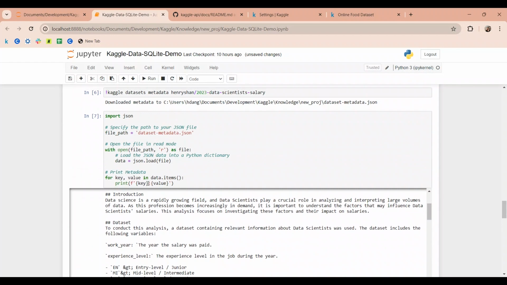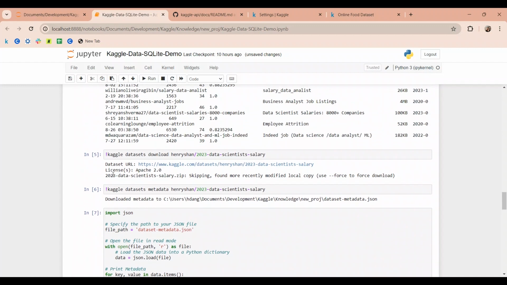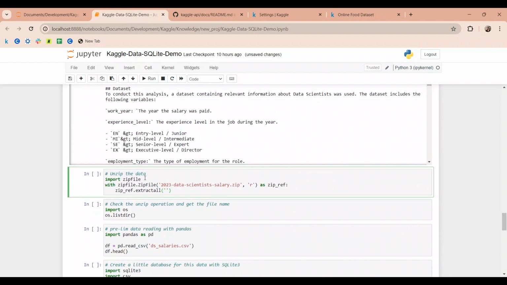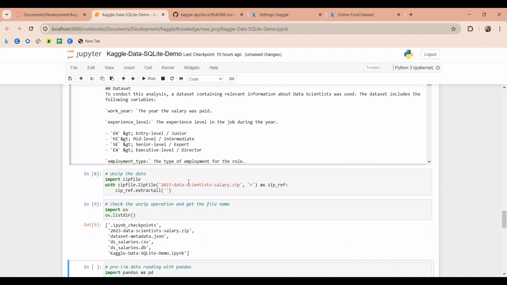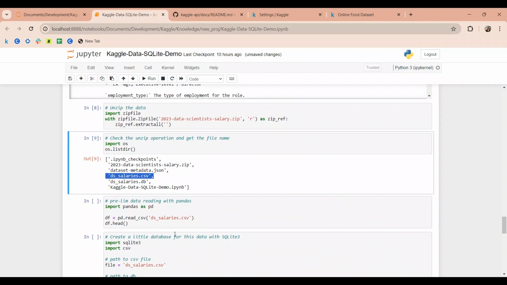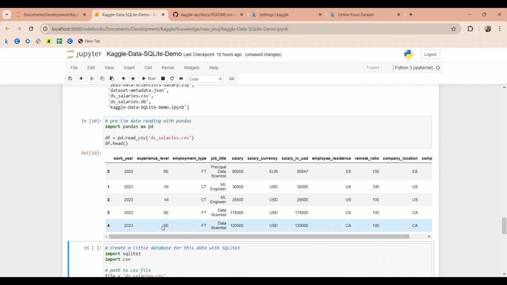Alright, so when I download my data set, it's going to be a zip folder, and so I need to unzip it. I'm going to use zipfile. If you don't have zipfile, do the bang pip install zipfile, and you're going to have it. What it does is extract every file in this zip file. Fortunately for me, this is the only file that was in the zip file. So this is what I'm going to get, and I'm going to do a little